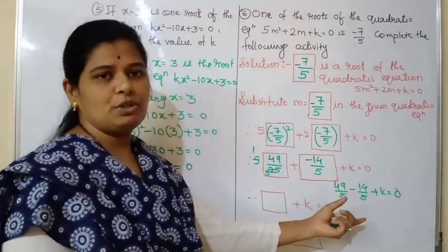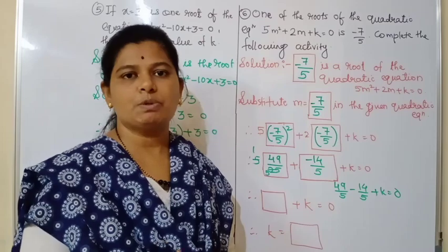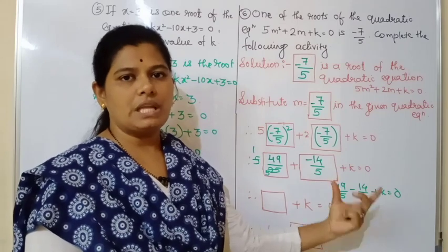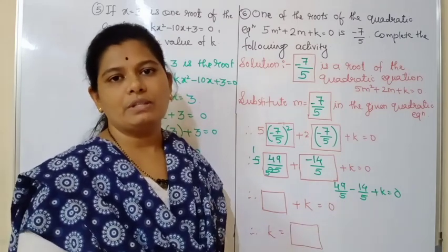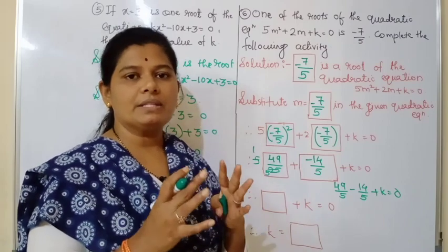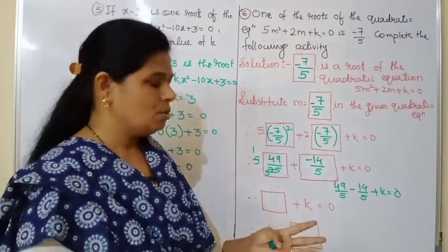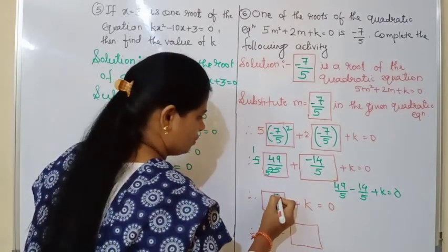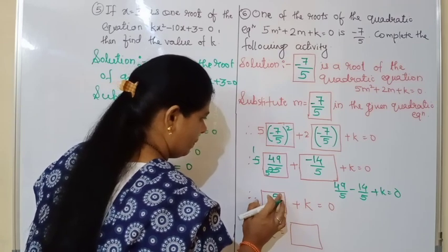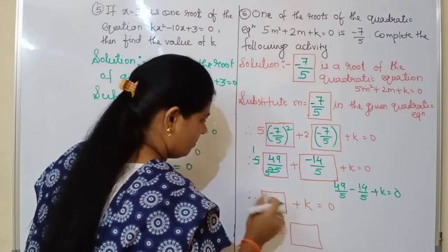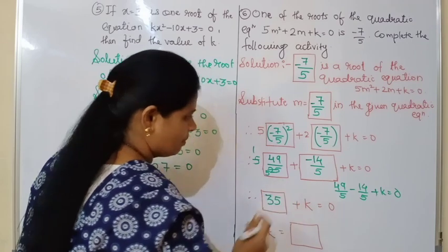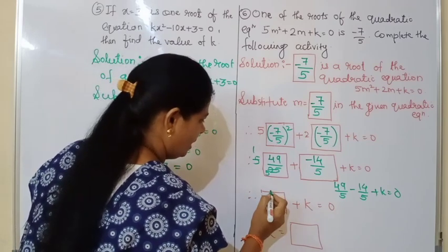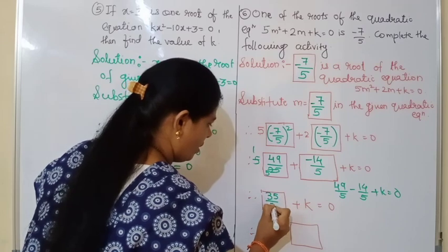Okay, so this middle step is not given to you, so we have to write the certain steps on our own. Now 49 and 14 both have the same denominator, that is 5, and so we can subtract very easily. So we have to minus it. Okay, so 49 minus 14: 9 minus 4 is 5, 4 minus 1 is 3. Okay, so I just write here 35 after subtracting. Okay, so 35 upon 5 it will be, denominator is there, so I will write 35 upon 5.